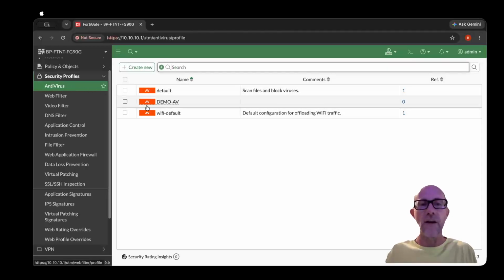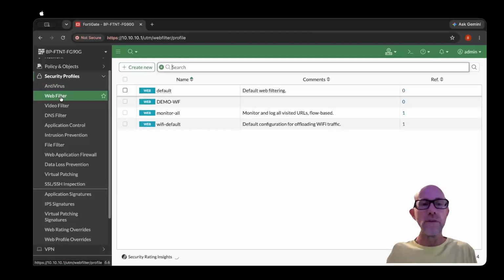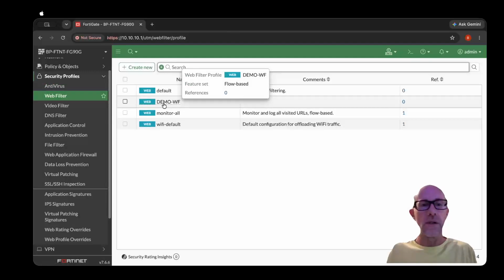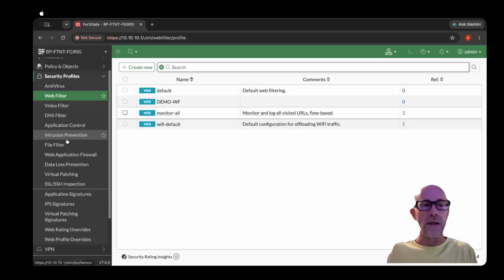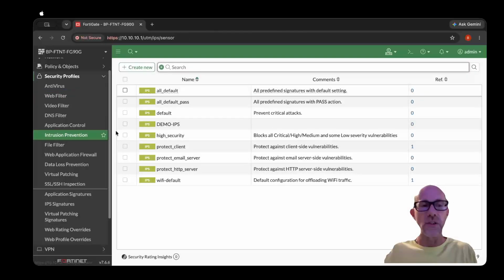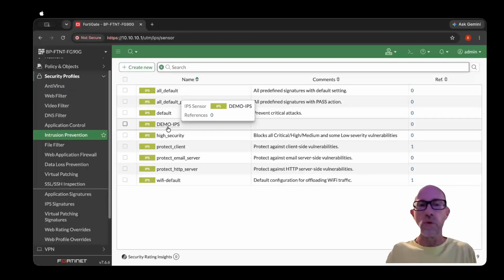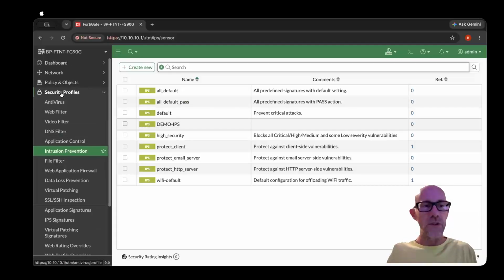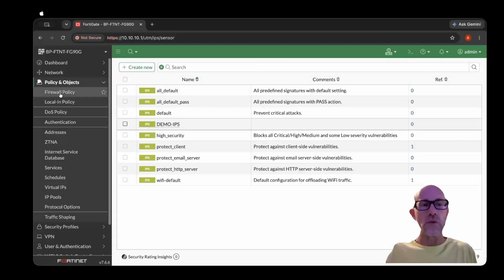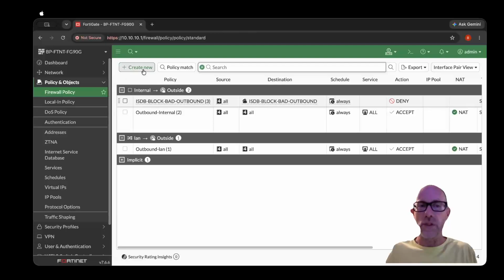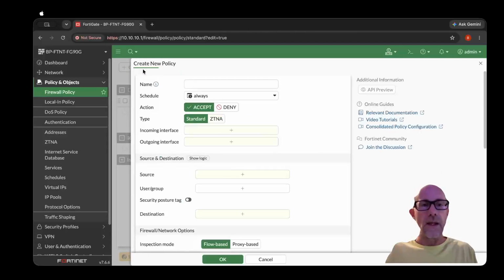I can go under antivirus and I've got a security profile under here. I go under web filter, I've got a demo profile here. I go to intrusion prevention and I've got a demo profile here. And so traditionally, if I go to create a new firewall policy, and I want to assign those security profiles